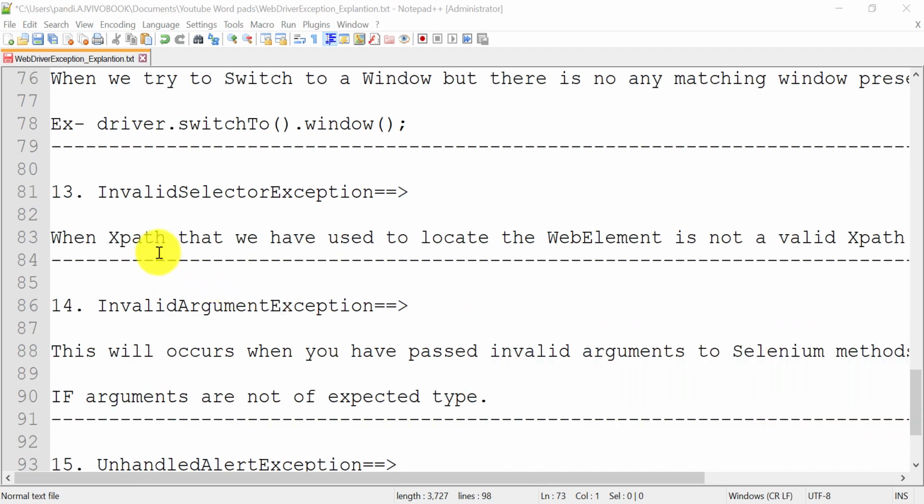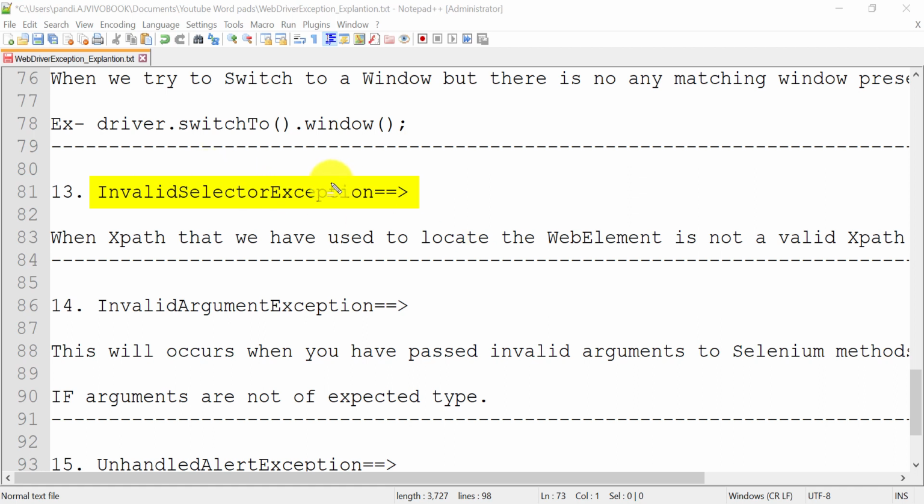Next is InvalidSelectorException. This occurs when the XPath that we use to locate a web element is not a valid XPath. When we try to locate a web element using driver.findElement and By.xpath, you provide the XPath expression as an argument, but there is some mistake. There is a syntax by which you can create a relative XPath or absolute XPath. If you miss the syntax for that XPath, it will be an invalid XPath expression, and that will throw InvalidSelectorException.